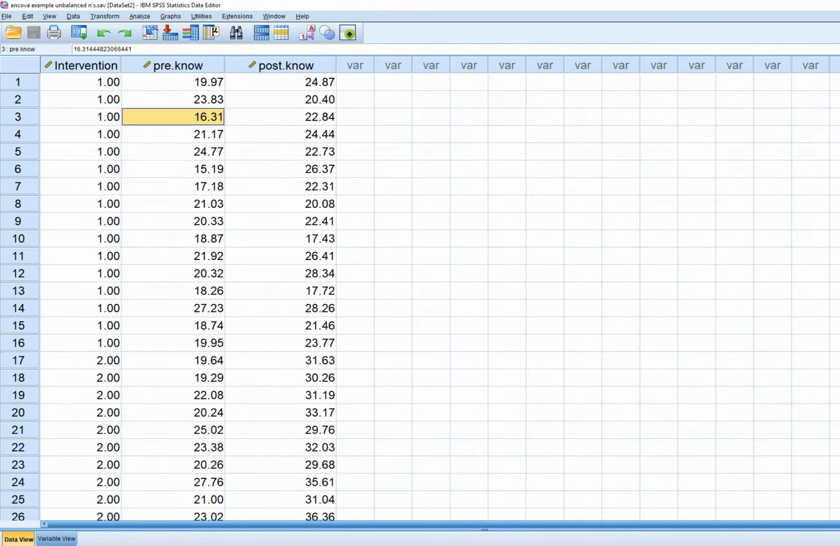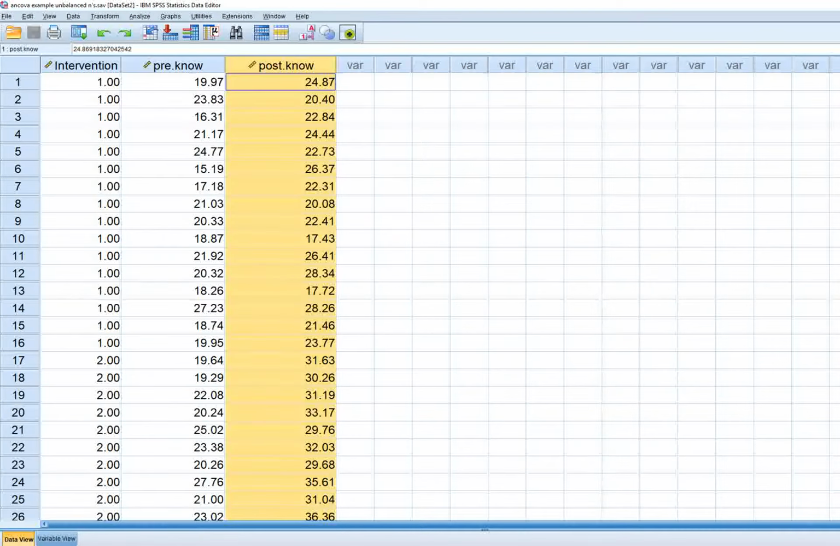But what we're going to mainly focus on is assuming that the effect of intervention on post-test knowledge after controlling for pretest knowledge is significant, then carrying out planned contrast in order to compare the intervention groups on the post-test knowledge means. Really quickly, let's talk just briefly about